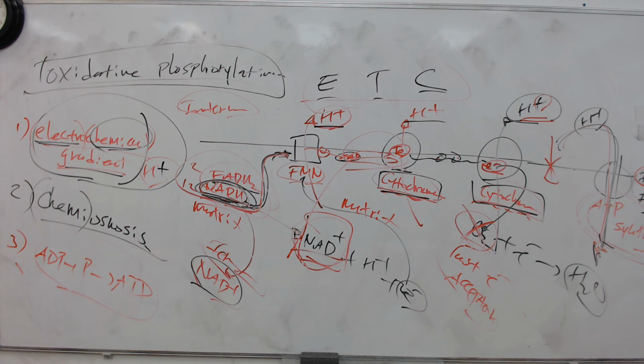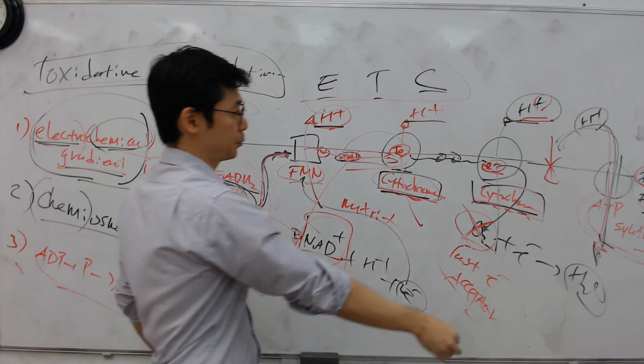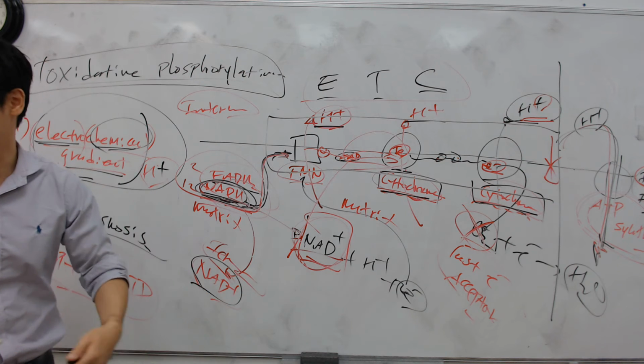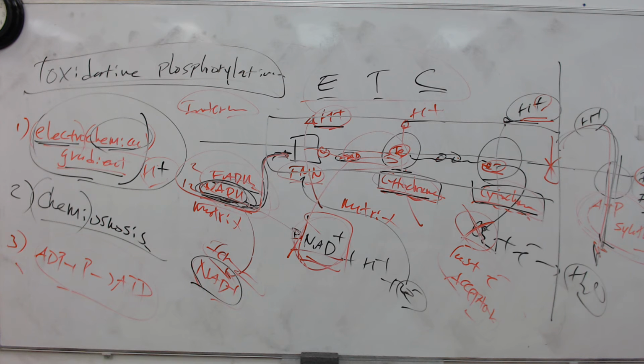So according to the textbook, according to bio, they refer to the electron transport chain up to here. Up to here is the electron transport chain. They pump out these H pluses. That's the ETC. Okay. So the ETC is coupled with what? ATP synthase, ATP synthesis. It's just a strange thing. These two are coupled. They go together. You can't do this without this one. They're a coupled process, not a reaction.